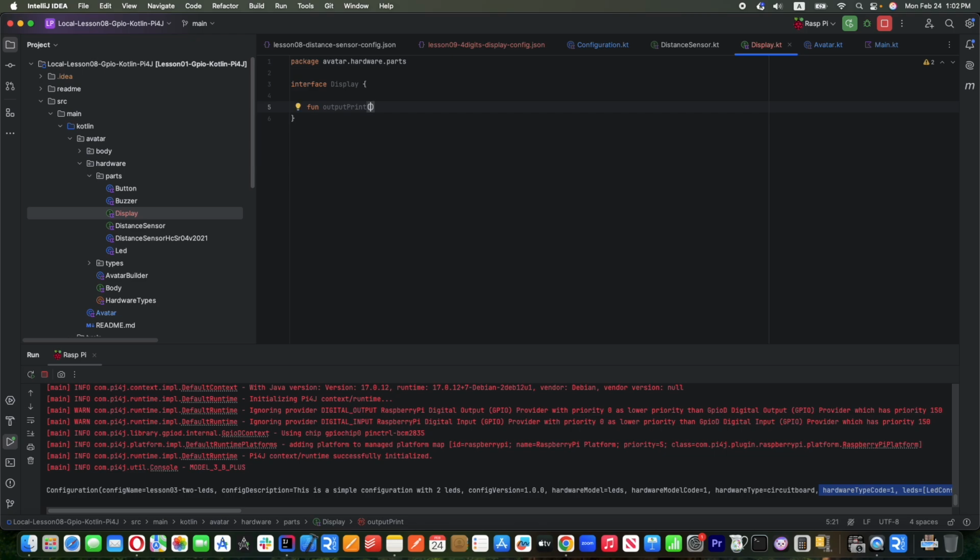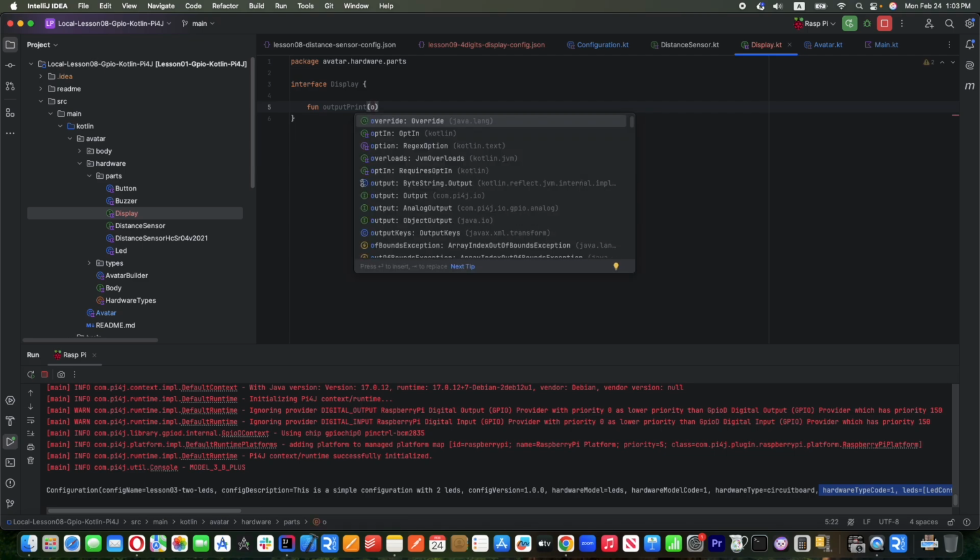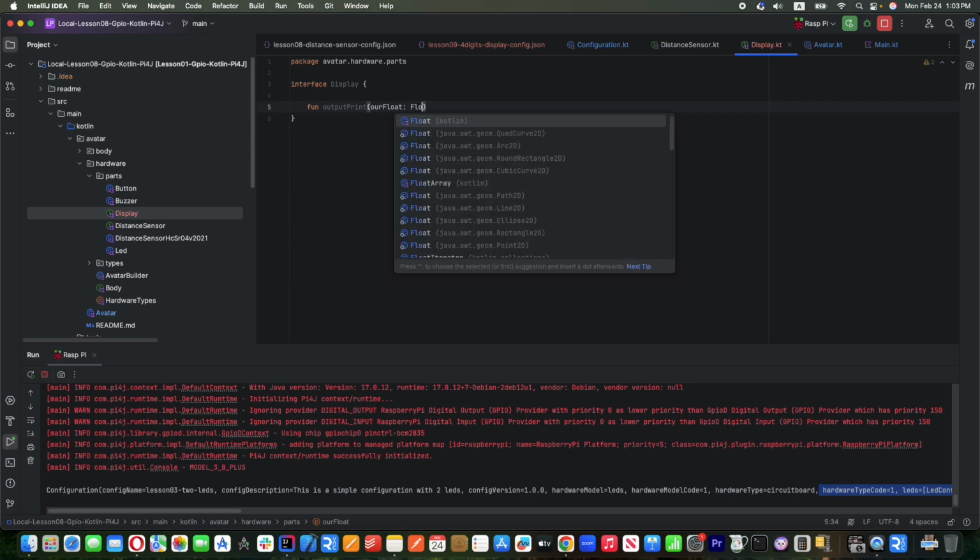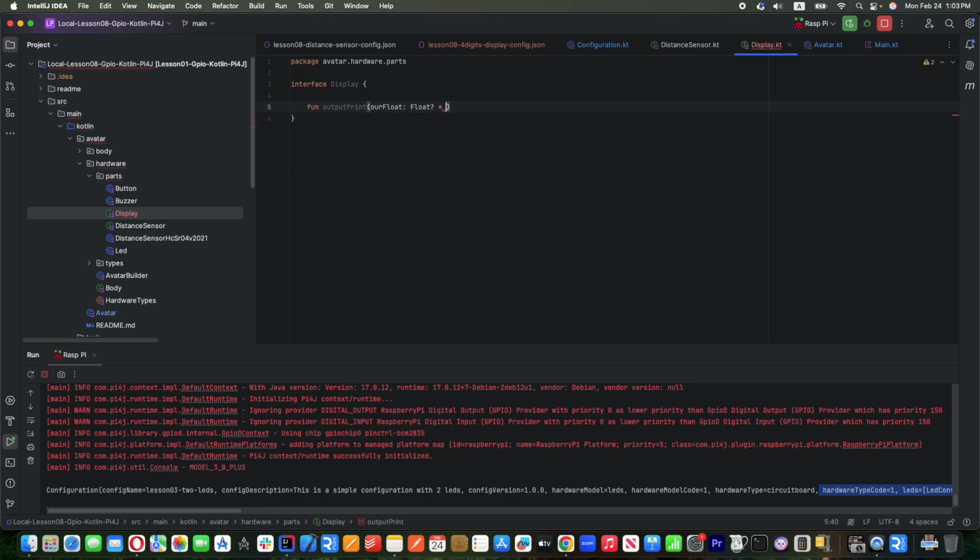We can get a number or a string, because even for digit display you can print out like a low state or something like that. It's possible with digit sectors display. So we need some incoming parameters. Out float by default is null, or string, by default is null,